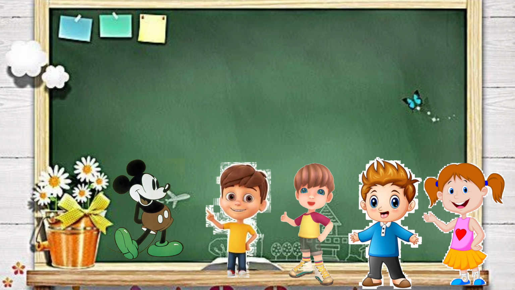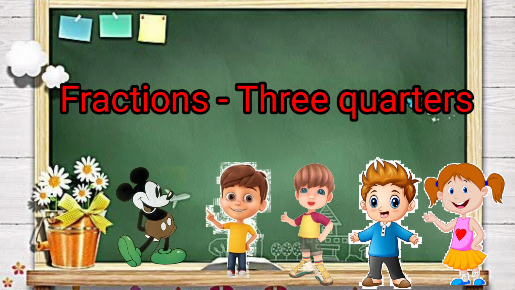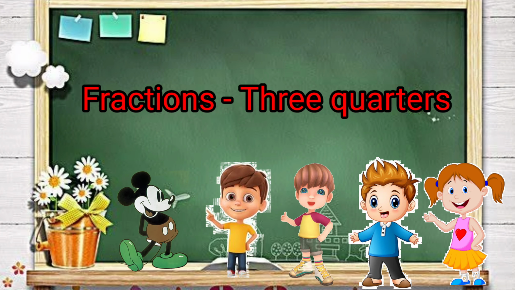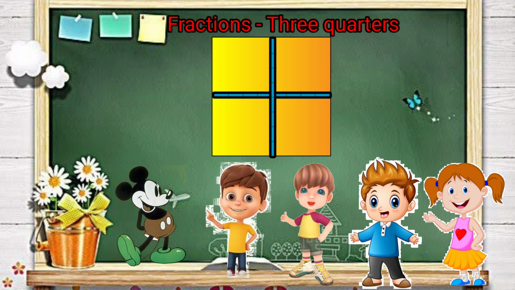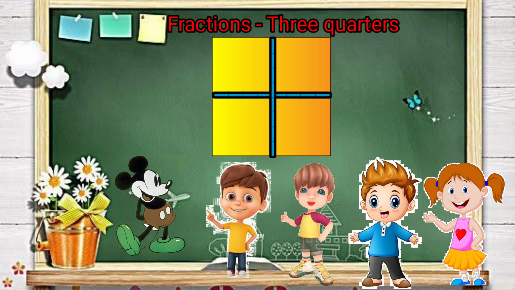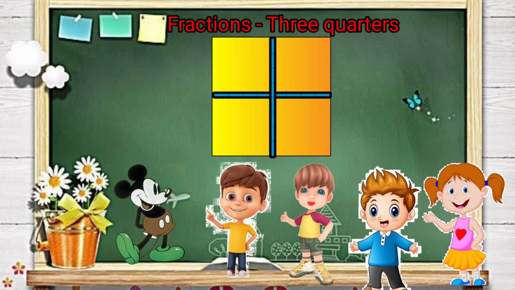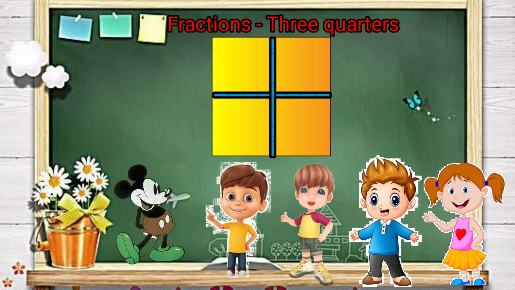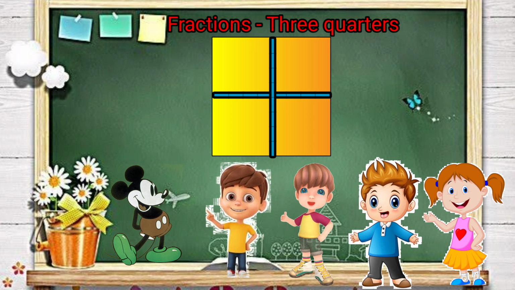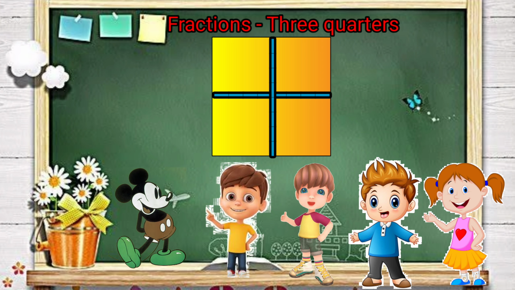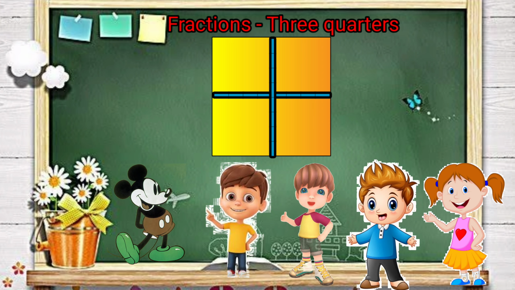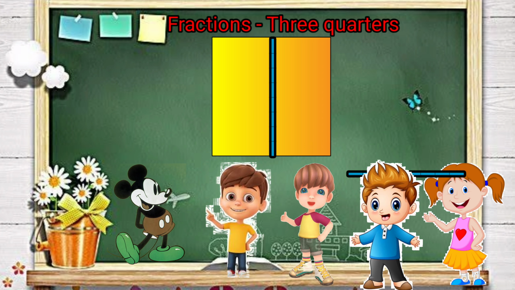Let us move ahead with the last and third kind of fraction, that is 3 quarters. Now friends, look here. I have drawn lines in this picture so that it gets divided into 4 equal parts. Ricky, you tell me, what does it mean? It means that each part will be known as a quarter. Exactly. And Ricky, you tell me, how about the half fraction? Mickey, 2 equal parts will become a half.